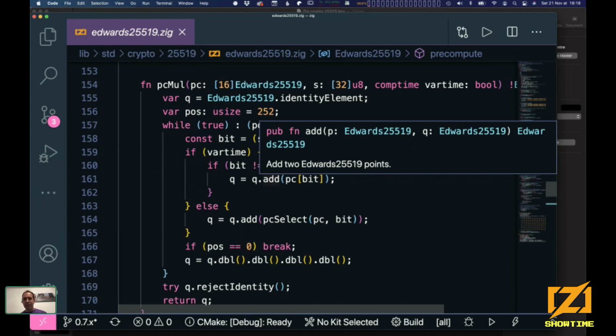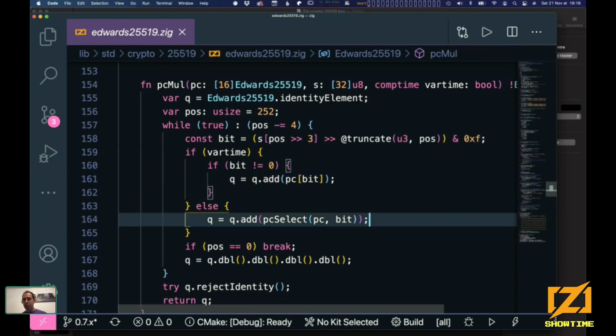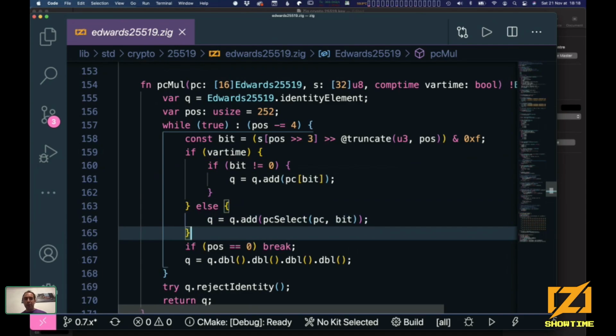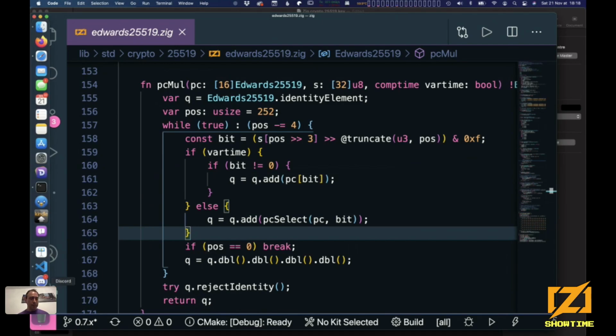We don't care. There are no secrets here. Sometimes we do care. So usually we need two versions of the function, but because this is Zig, we can just use comptime and we get two versions of the function. Okay, so this is what we do, and then we multiply by 16 right here. Cool. Okay, we're almost done.